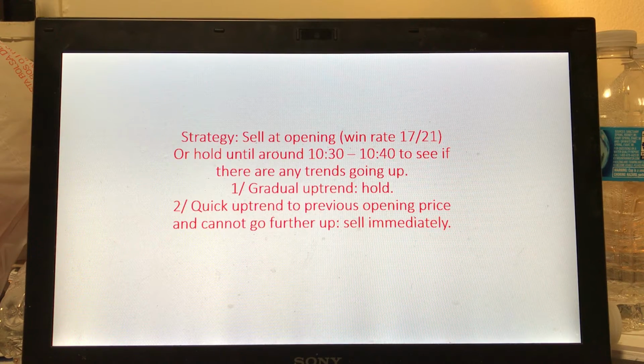So based on this case, our strategy is that when you see that the stock is going to open at a very low level, sell immediately at the opening by placing limit orders. If you are holding stocks, just set an order at the lowest price you see in the pre-market trading from 9 to 9:30 a.m.